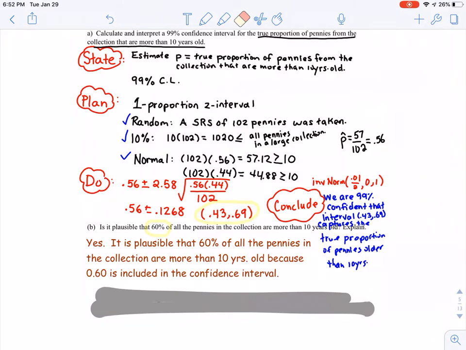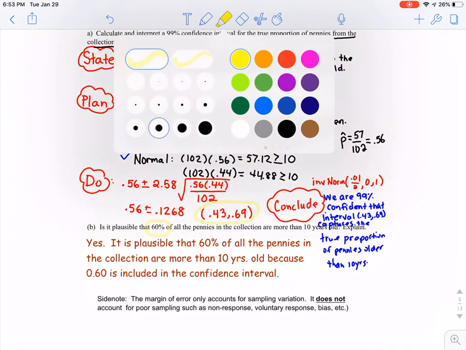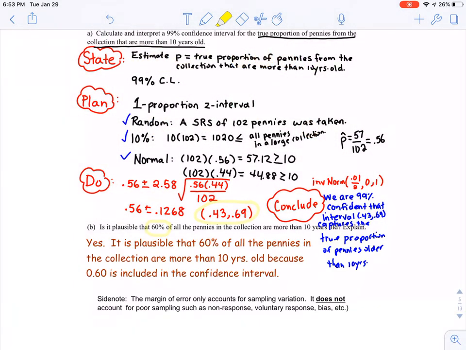Okay. One thing I just wanted to mention that I didn't necessarily highlight on the 8.1 notes page, so I thought we'll just do this real quick here, is when we talk about the margin of error, and keep in mind margin of error is really this part right here in the confidence interval, the plus or minus part. That phrase, margin of error, is really accounting for any odd variations that might have just happened to occur in the sampling process. Okay, it doesn't mean that you did any bad sampling.